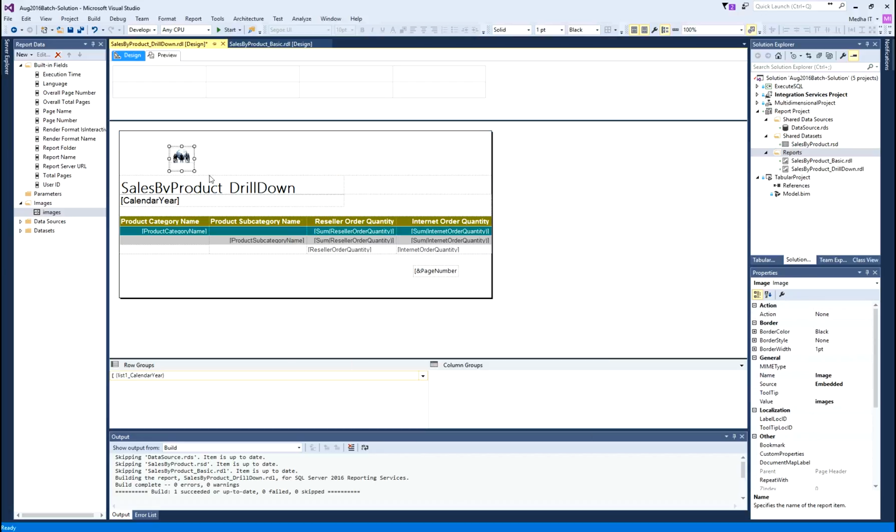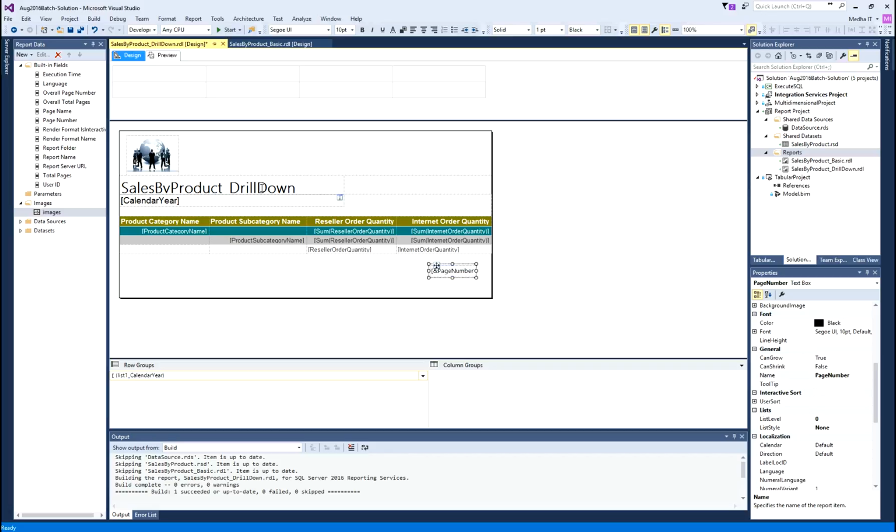Click OK. So now I added one image to my report. Maybe I'll just expand it a little bit. Okay, and I have added the page number to the footer and the image to the header.